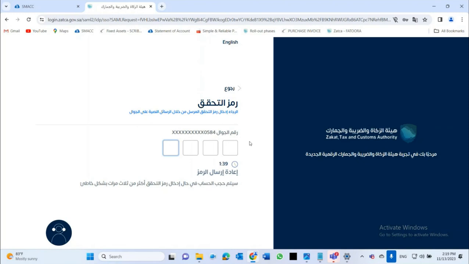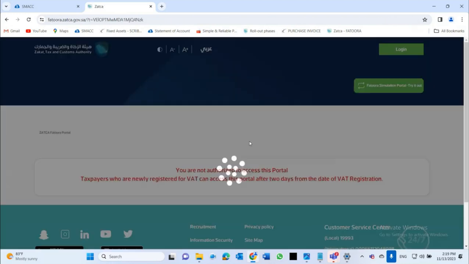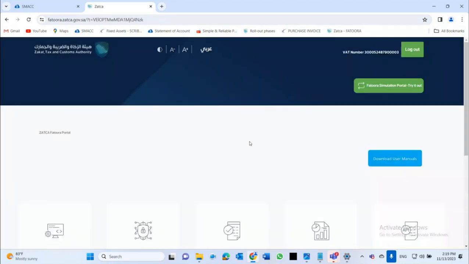The OTP takes almost 2 minutes. When you get the OTP, then you will add it. After that, it will open with you. When it opens, you will see that there is the Fatoora simulation portal. Why the Fatoora simulation portal? Right now, we explain a way that we have a sandbox, which is the trial way